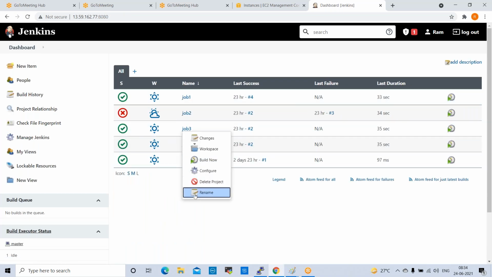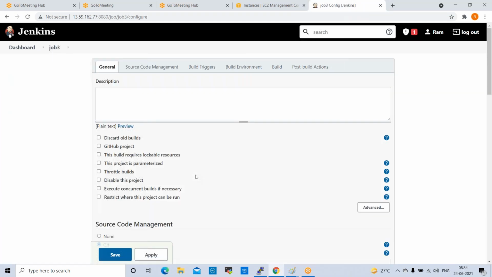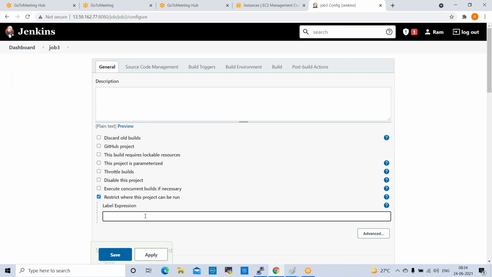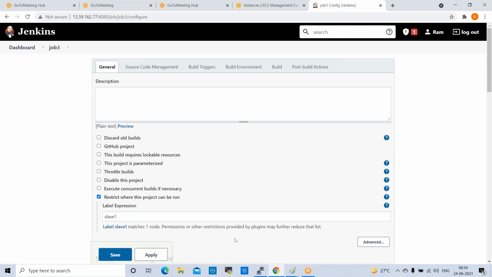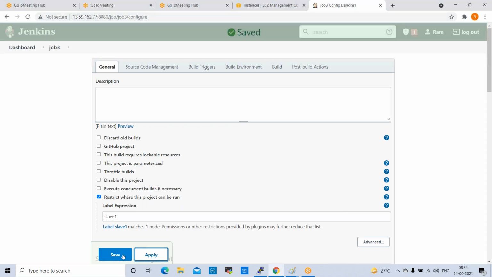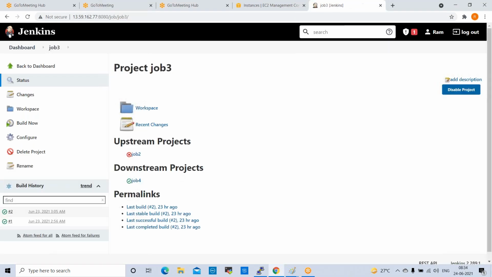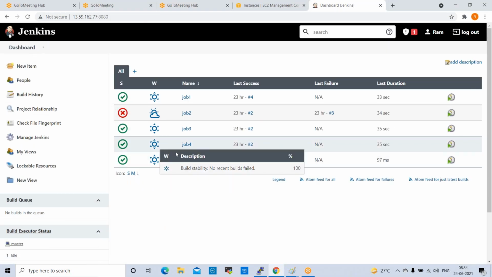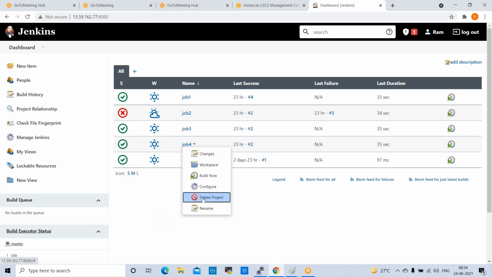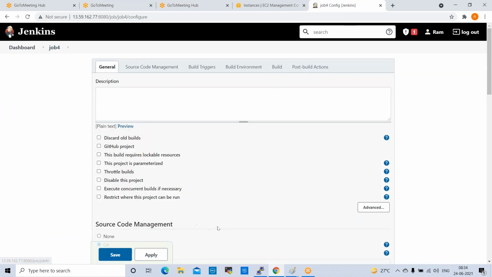Next, third job, go to job configure. Third job I want to run on slave 1. Fourth job I want to run on master.